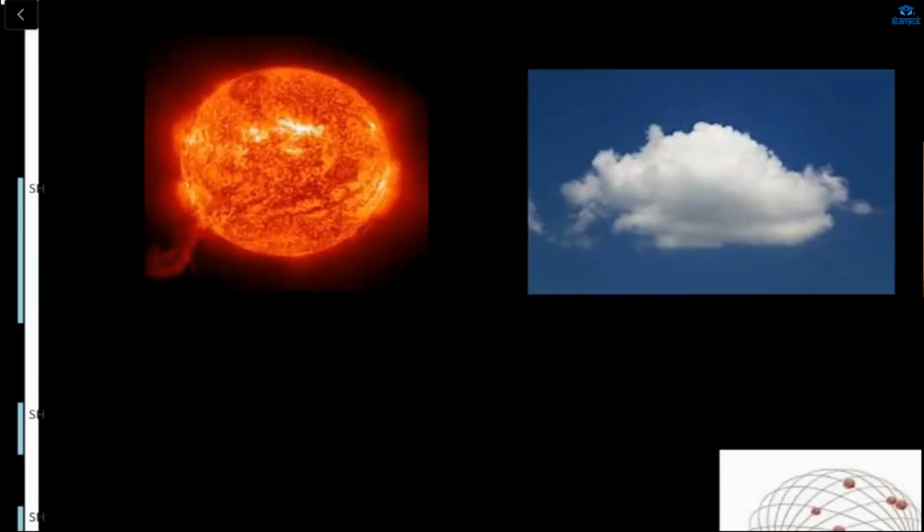Now where do we get plasma naturally? Any idea? See, in stars we get plasma naturally. This is my star, let's say. In clouds we also get plasma naturally. Now let me explain. Here in the star, temperature is very high, right? So what will happen? Sufficient energy is available to make the electron come out from the nucleus. If temperature is very high, then what?